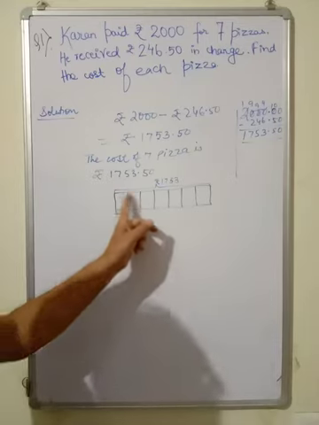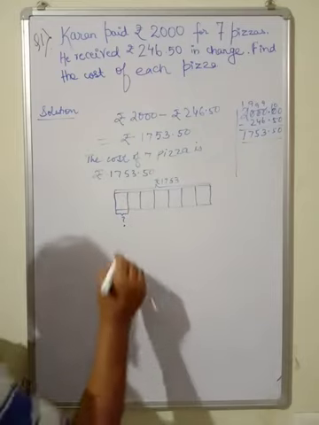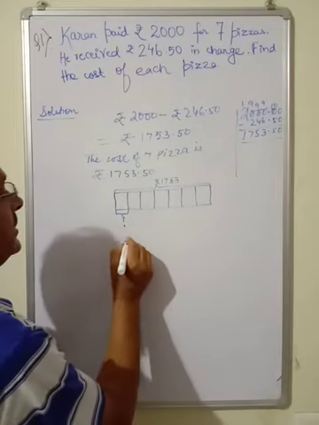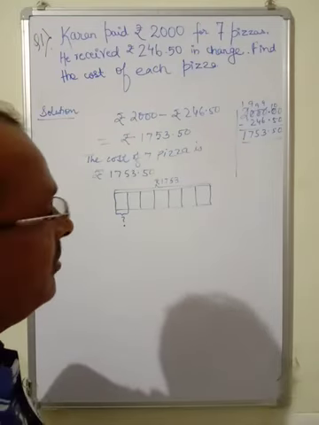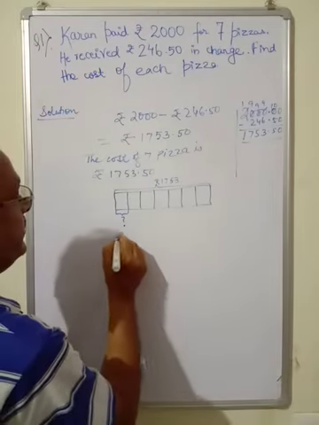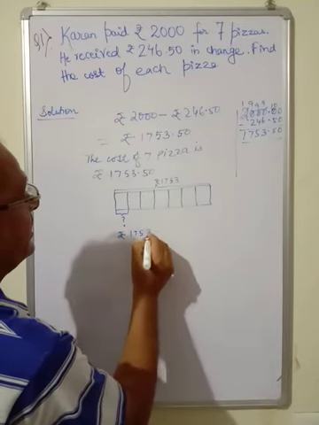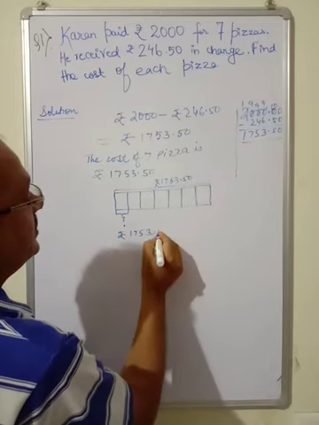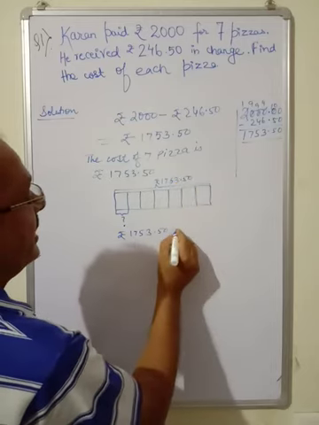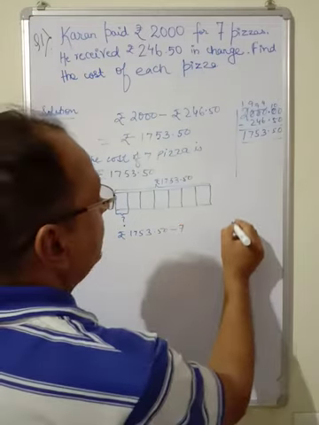Now you know the cost of 7 pizzas. You have to find the cost of 1 pizza. So for this you have to divide. All of you know, to get a smaller answer you have to divide. So rupees 1753.50 divided by 7. Now in rough column,